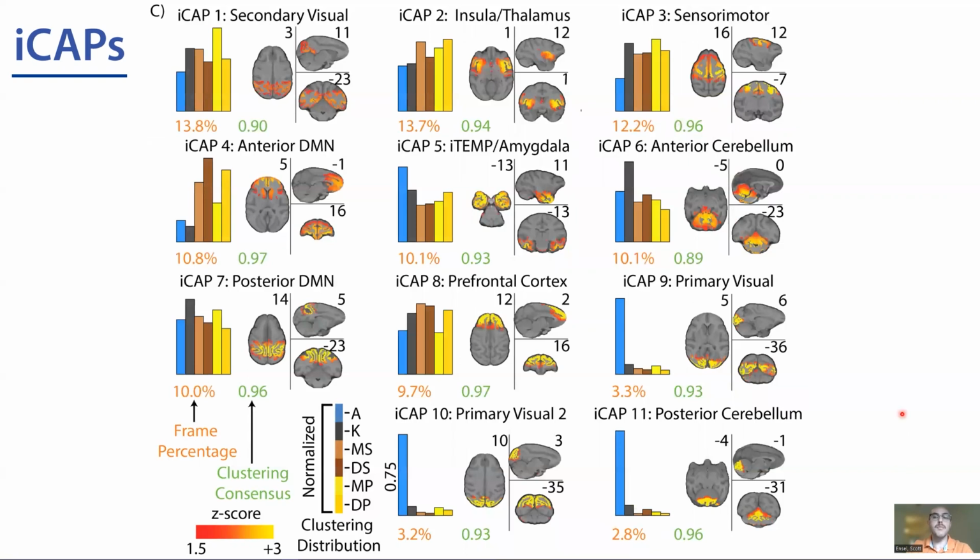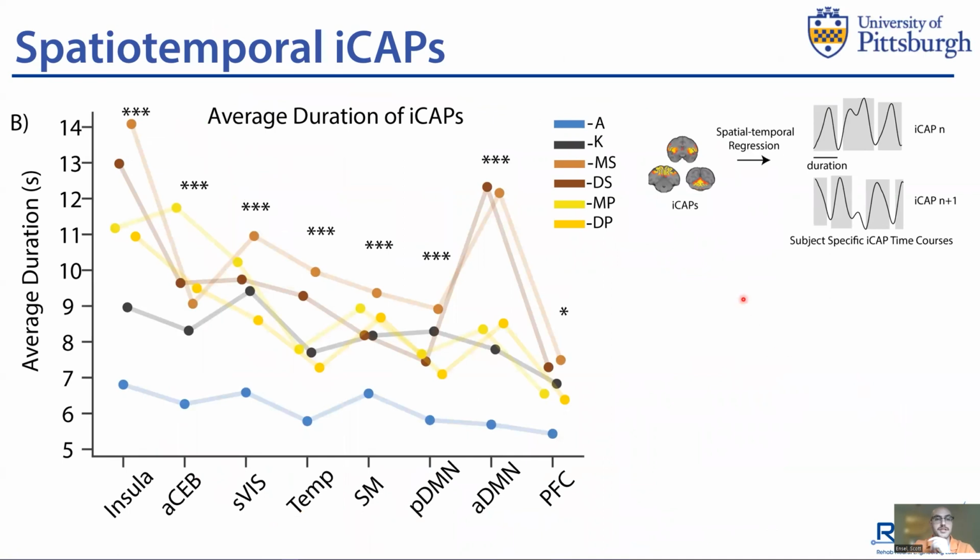Now, to capture the temporal dynamics of these ICAPs, we can perform that spatial temporal informed back projection here. And so when we look at the average durations, or how long these ICAPs would continuously last in a row, we can look at anesthetic versus awake. So awake down here, anesthetic up here, and we can see that this is significantly different for all of these